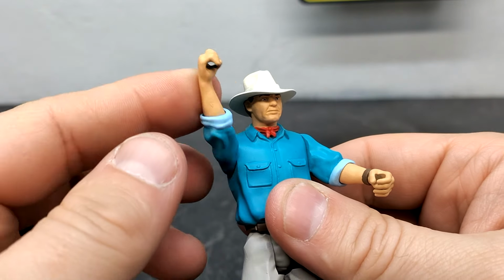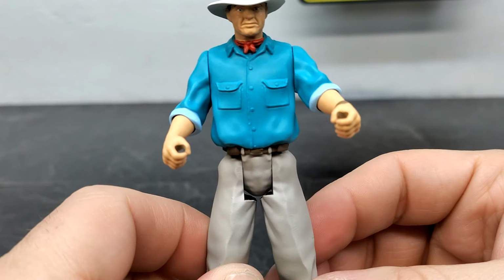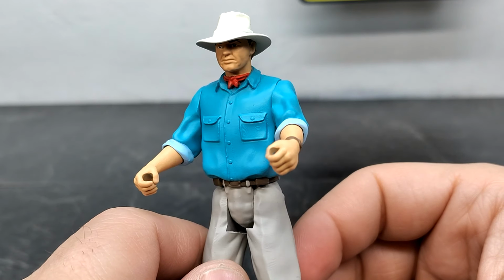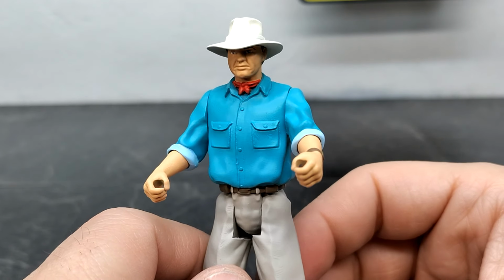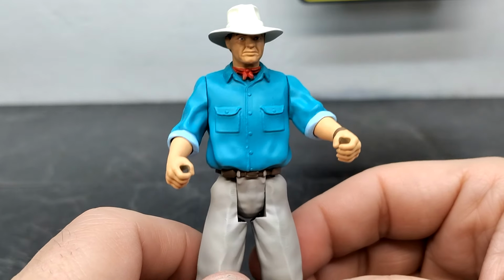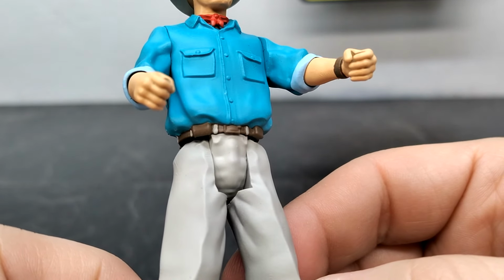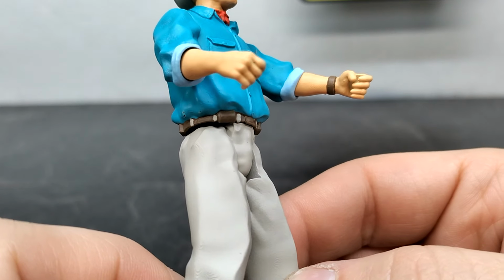And as you can see, it's really quite smooth. Once you do get your figure, it's definitely best to heat the joints up, warm them up a little bit, just so that it's easier to move the figure so you don't damage it in any way. But as we lead down a little bit further, you can see Alan's belt and an even more impressive, very fine paintwork